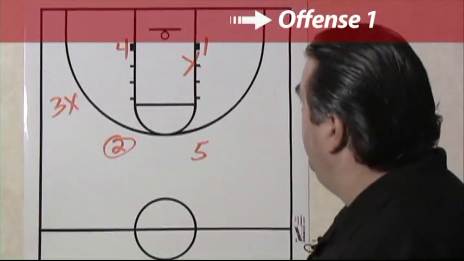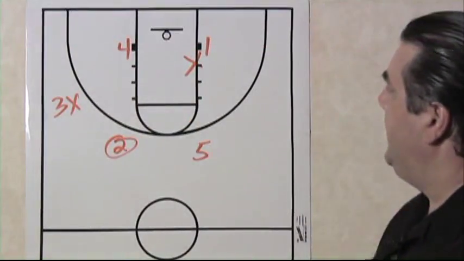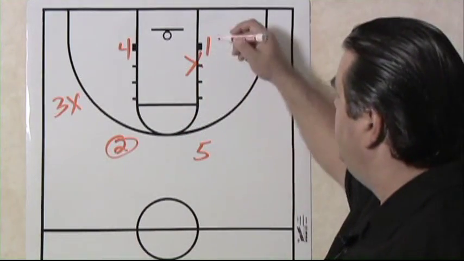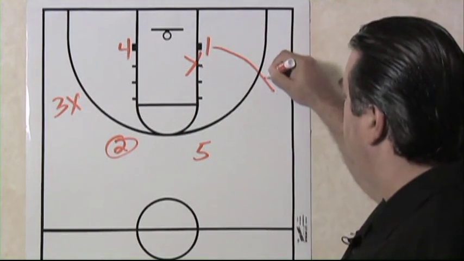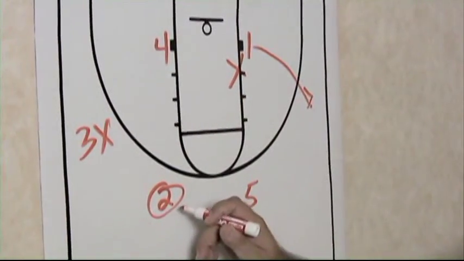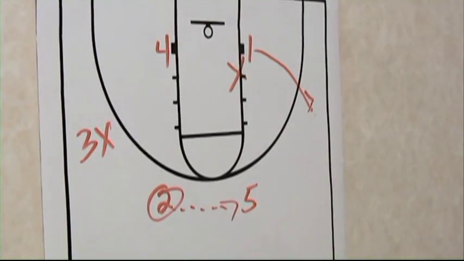Now you see we've reversed the ball. 4 has come across the middle. We didn't get the ball to him. He continues on to the ball side, low block. 1 went down to set the screen and then popped out to the opposite wing. If we can't get the ball inside, as we said earlier, we'll now reverse the ball back and try to